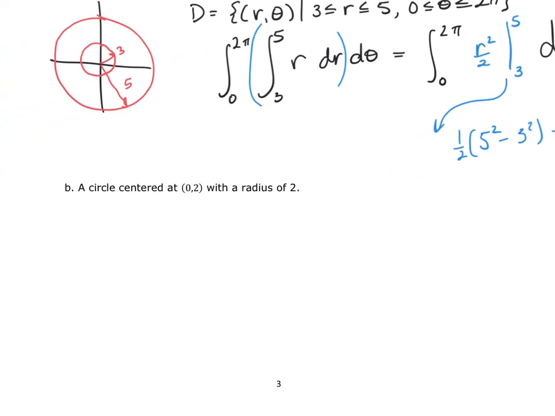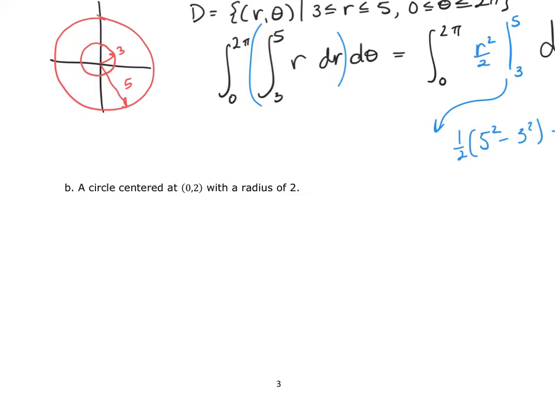This one's another one that you can totally do without the integration. We have a circle centered at (0, 2) with a radius of 2. Using pi r squared, my answer is 4 pi. But we want to get used to taking something that is very familiar to us and turn it into polar so that we know what the answer is going to be, and it's just a process of getting more comfortable